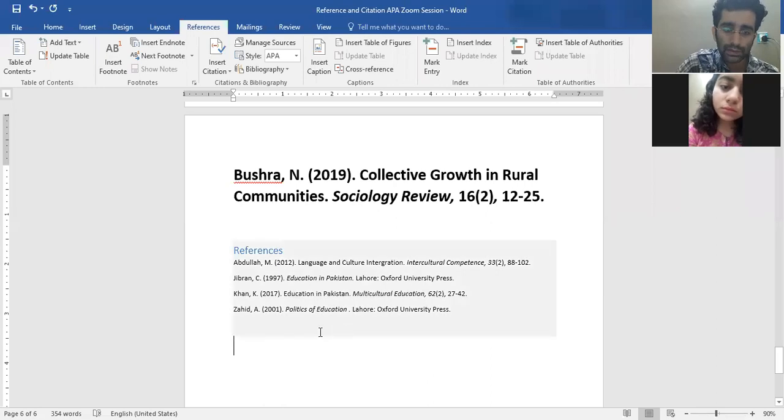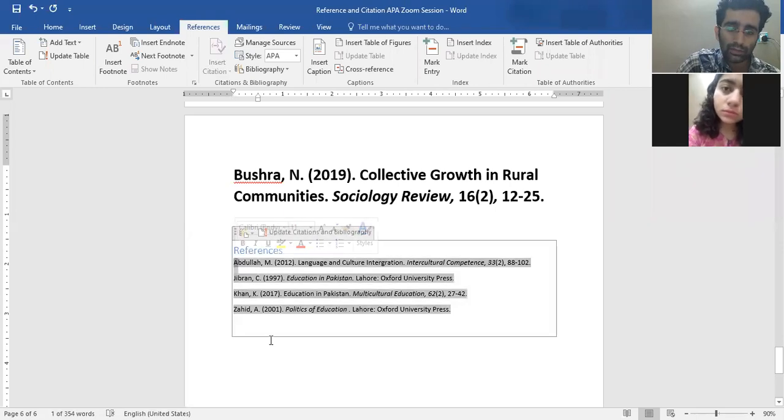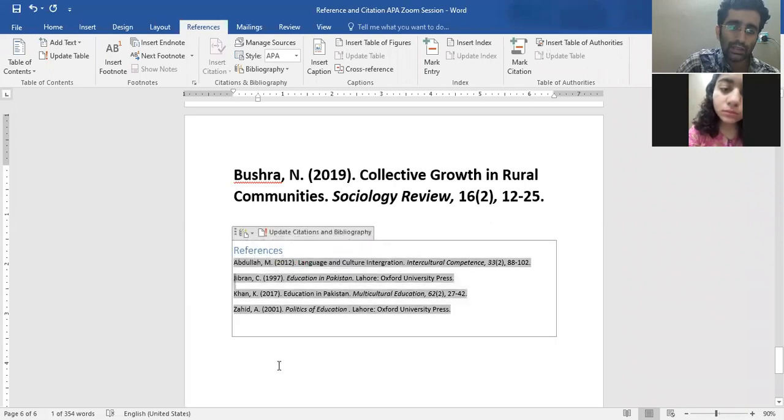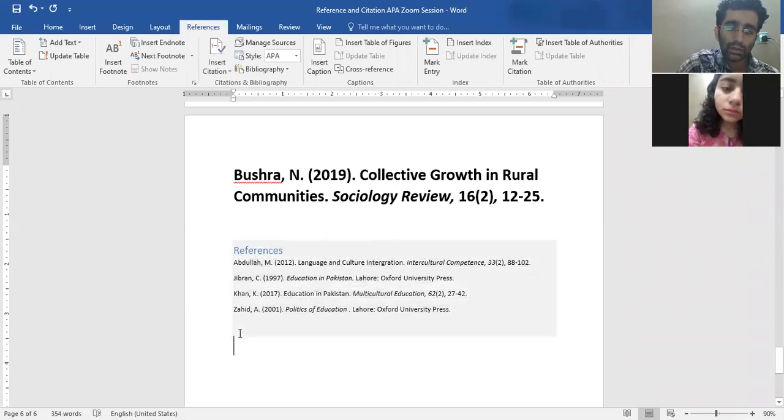Another thing that you can see is reference list is alphabetically arranged. So the reference starting from A comes first, then J, then K, just like dictionary. And then the one that is from Z comes at the end.